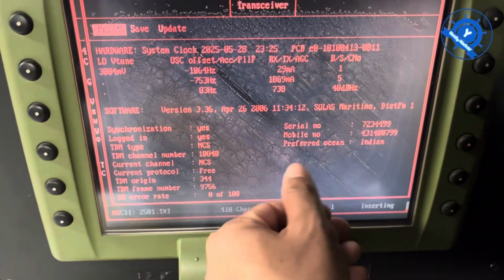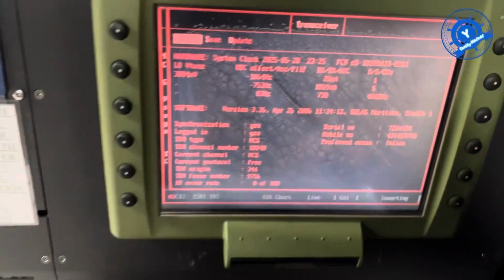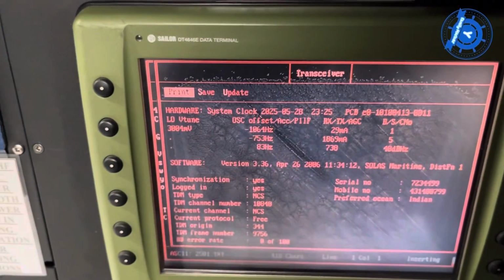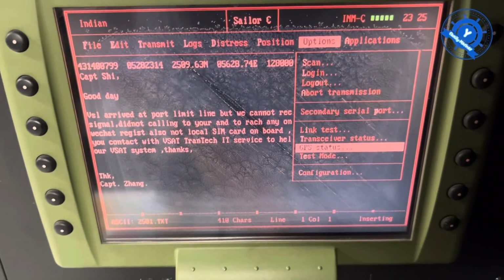And also now the region is the Indian Ocean for the transceiver. Okay, and also the second one is GPS status.